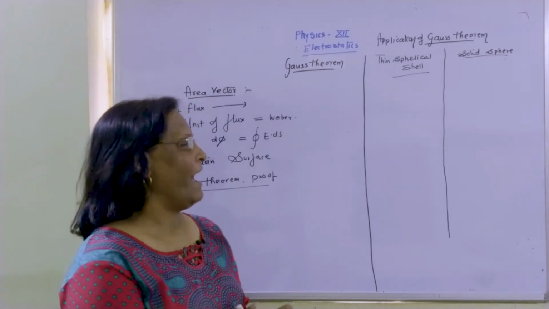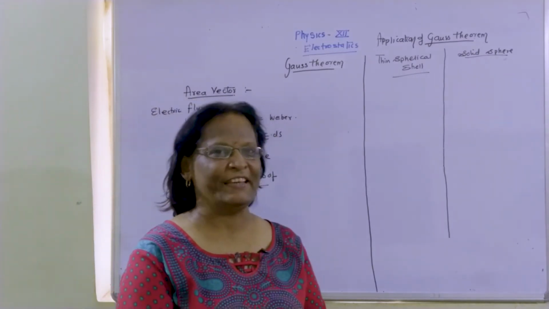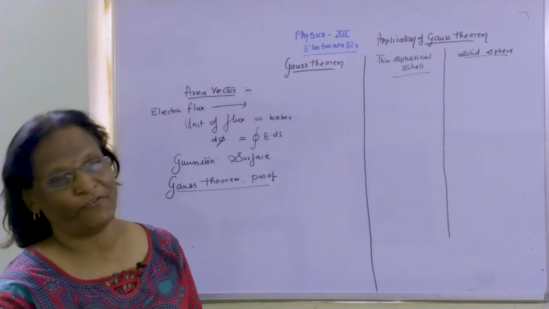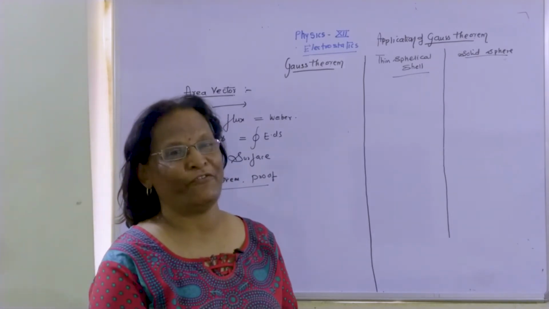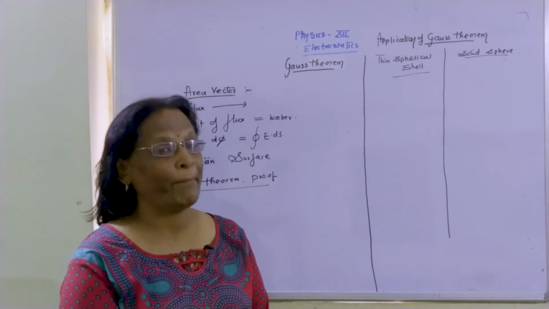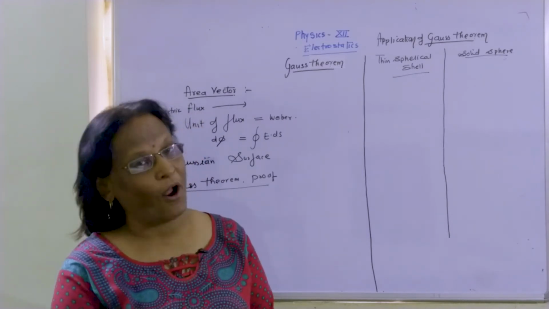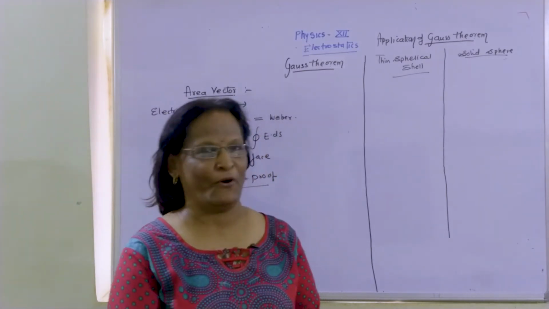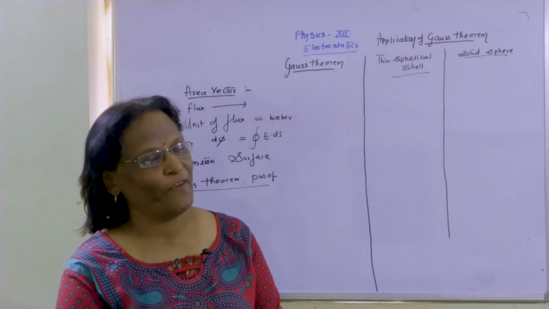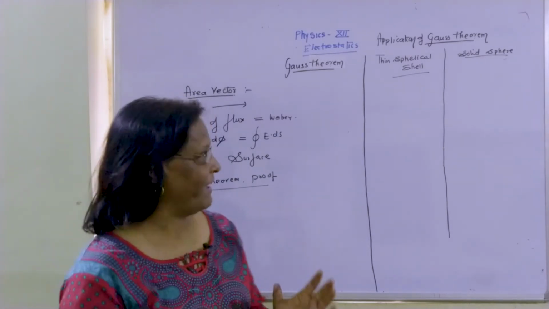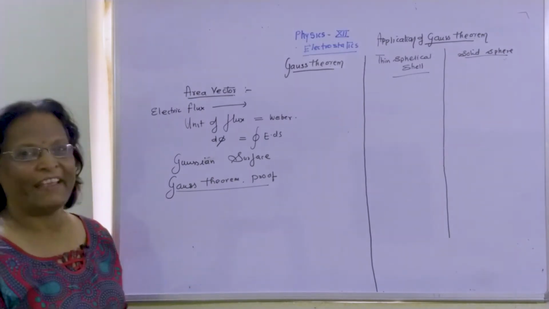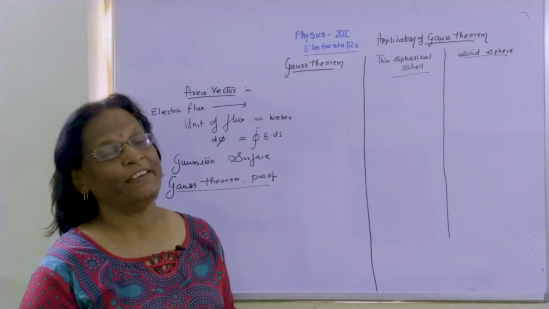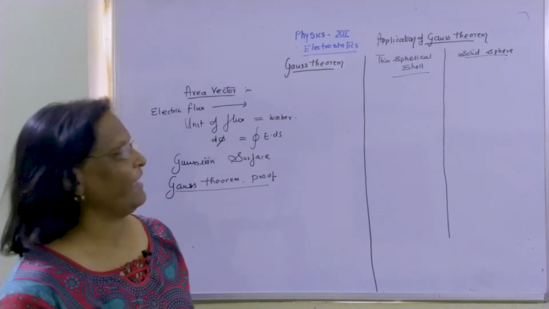This electric field is represented by electric field lines, and those electric field lines have to be perpendicular to the surface. If they are not perpendicular to the surface, obviously the condition for electric field lines will not be satisfied. For that purpose, we have to take area as a vector quantity. How to provide direction to area? Nothing we have to do.